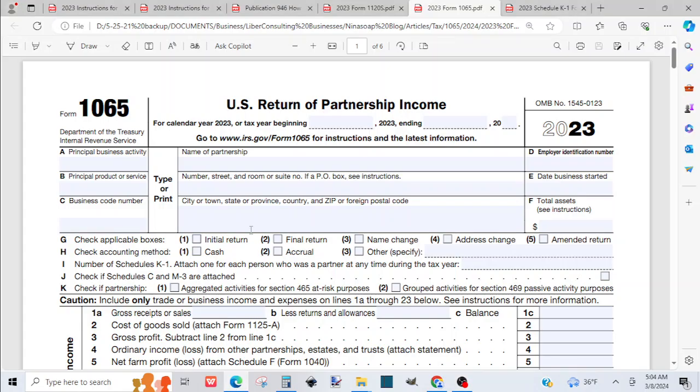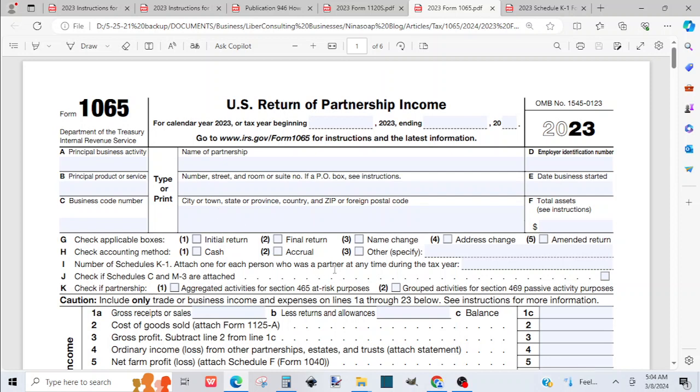Hello. How to fill out Form 1065, U.S. Return of Partnership Income for 2023. If you have an LLC with multiple partners, chances are you'll be required to file Form 1065. So if you are required to file